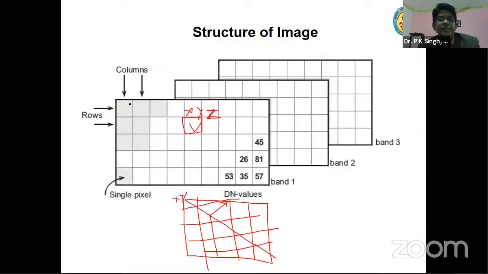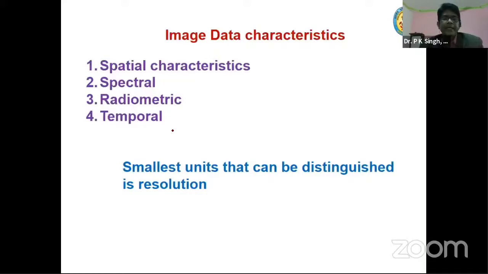Suppose 4 bands are there. One band is here, second band below that, third one below that. There are different types of algorithms and techniques for how these raster images are written. That is not needed to explain here. You have to keep in mind all those data are in the form of raster. Rasters are only grid pattern data, where the Z value is the amount of radiant energy recorded by the sensors.